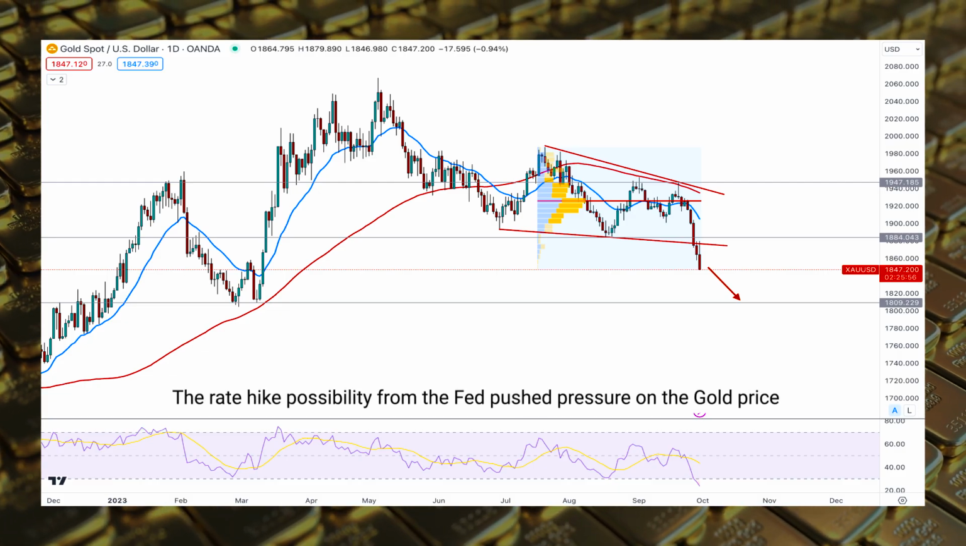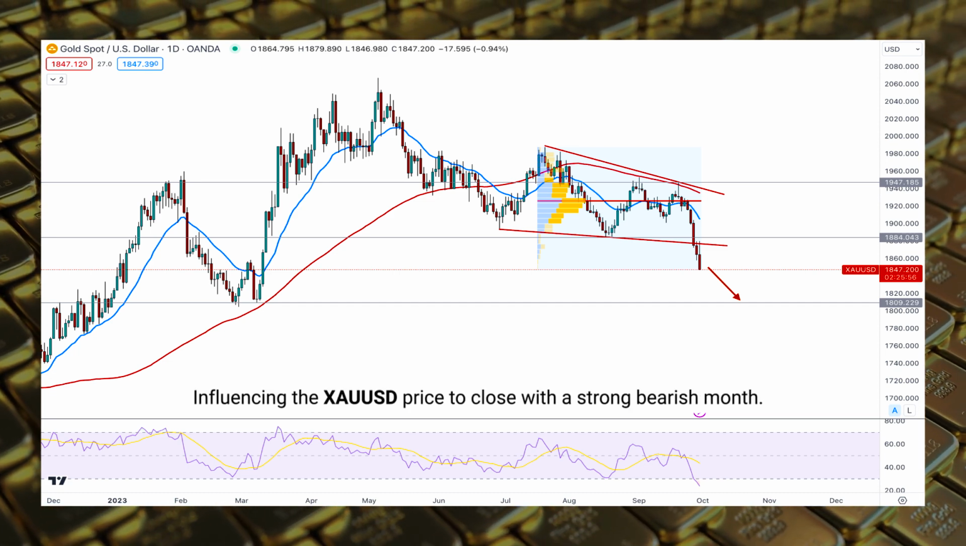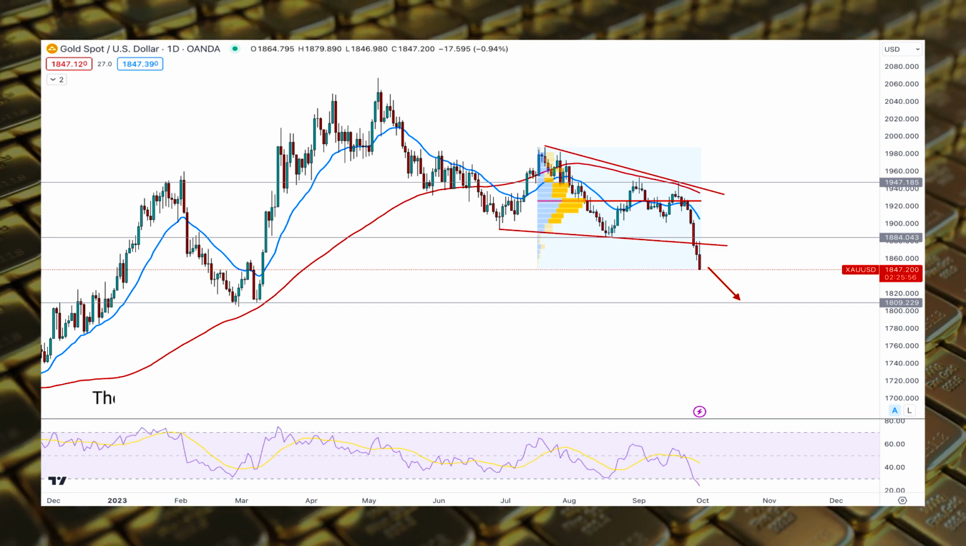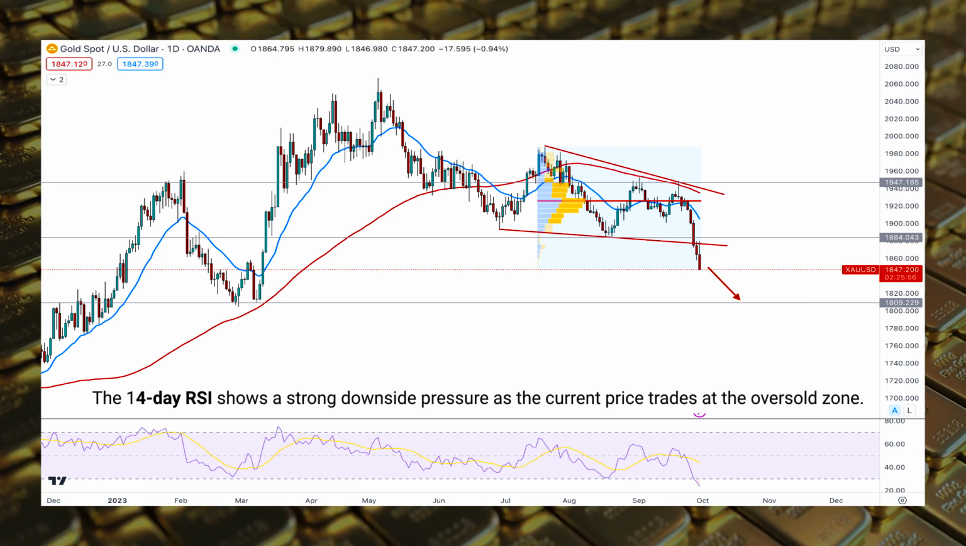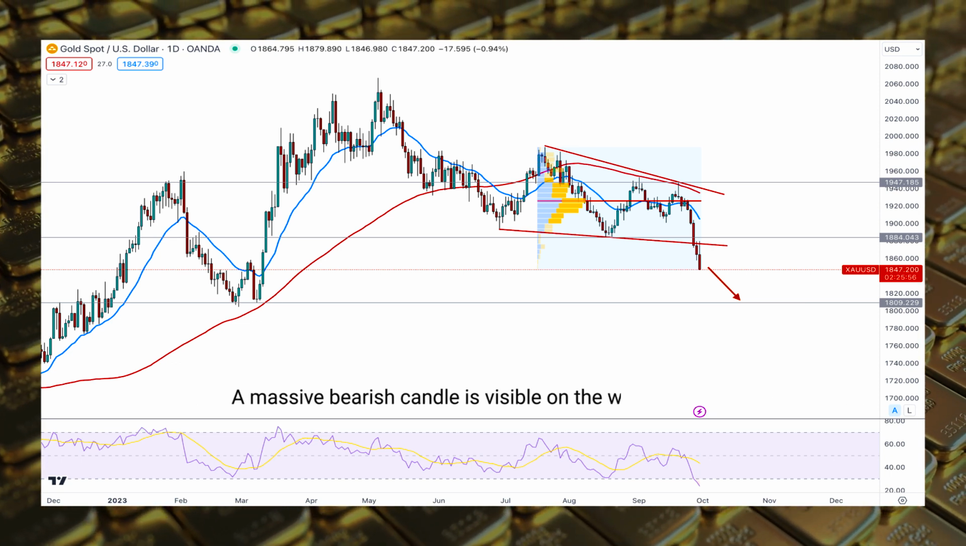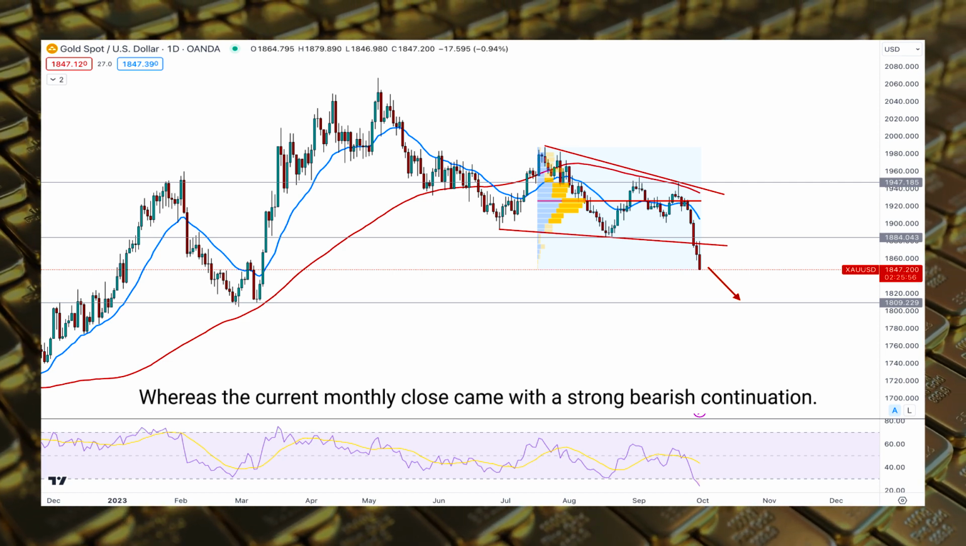The rate hike possibility from the Fed pushed pressure on the gold price, influencing the gold USD price to close with a strong bearish month. The 14-day RSI shows a strong downside pressure as the current price trades at the oversold zone. A massive bearish candle is visible on the weekly chart, whereas the current monthly close came with a strong bearish